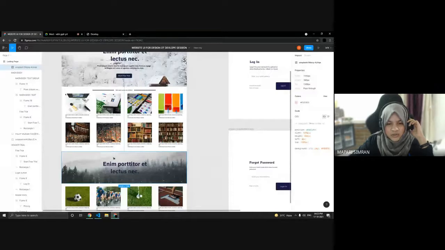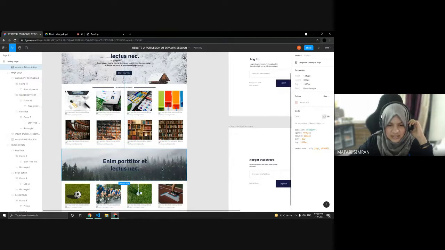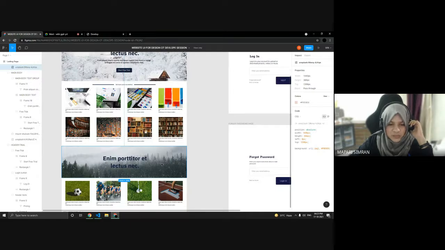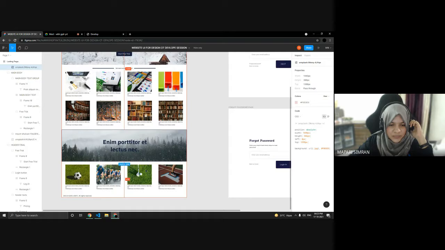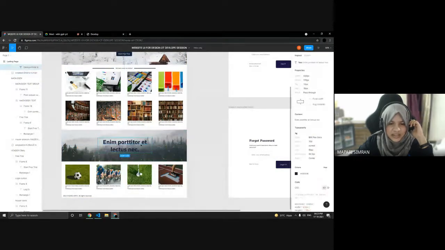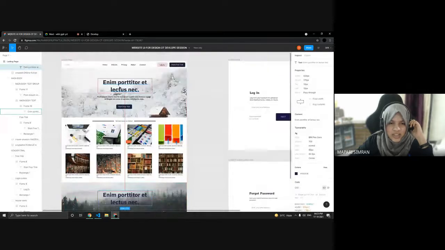But if not, you can adjust it by giving the width and height, so that it takes the width and height according to the screen size, so that it becomes responsive as well. If you give it in view width and view height, and the next thing will be placing the text over here, will be same as this we did for this section as well.